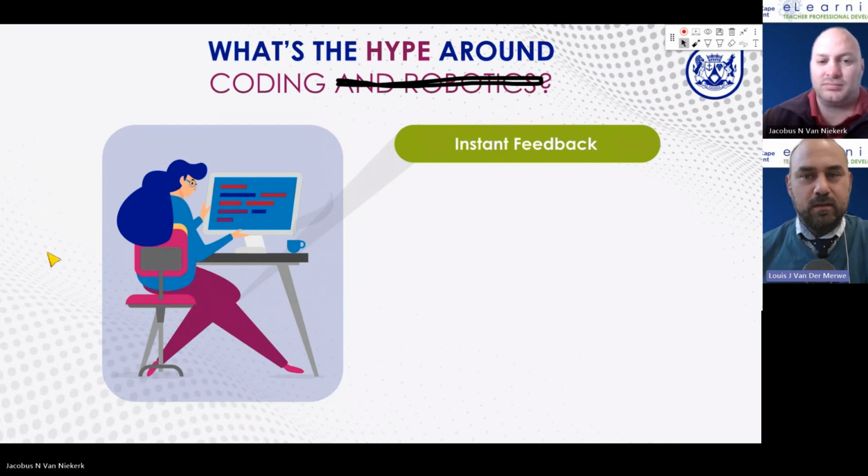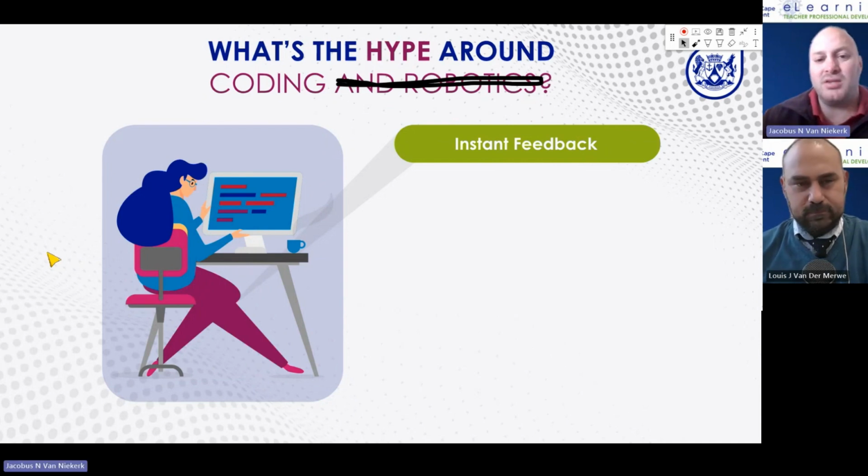I love the instant feedback that comes with coding robotics. And when we look at education at the moment, what we actually end up seeing is pretty much the opposite. Kids write a test, and how long do they wait till they know that it was successful? So there's no instant feedback. They don't know that they got it right. They don't know they got it wrong. I would love to believe that no learner willfully writes down things that they know are wrong. They actually all think that the stuff they're writing down is correct. Even though sometimes as a teacher, we don't understand how they could have possibly thought that. But they do. They think it's correct. And this instant feedback is so important to learning.